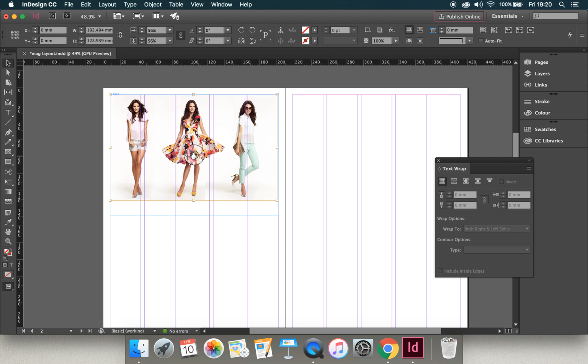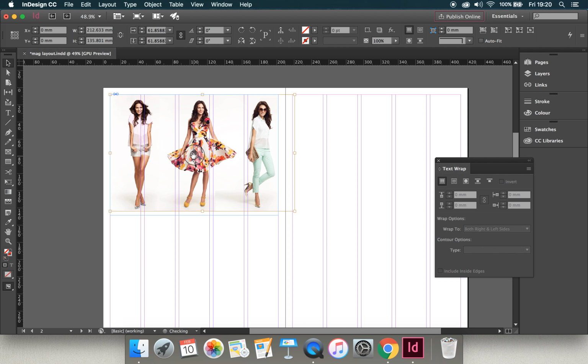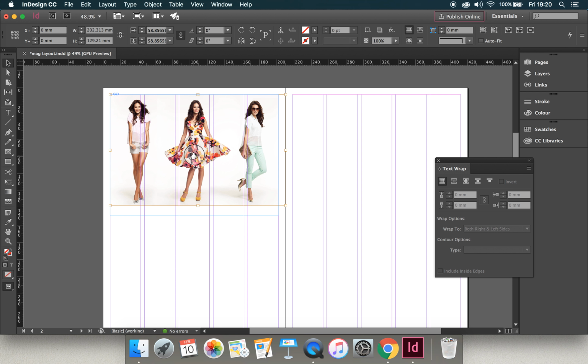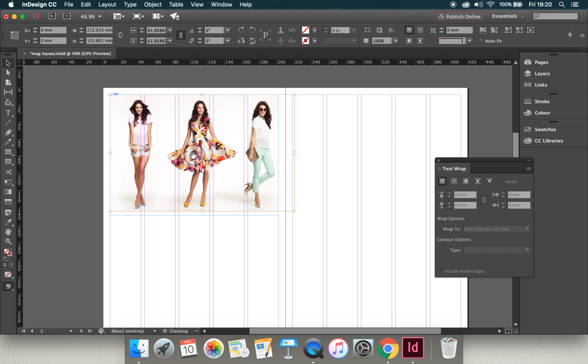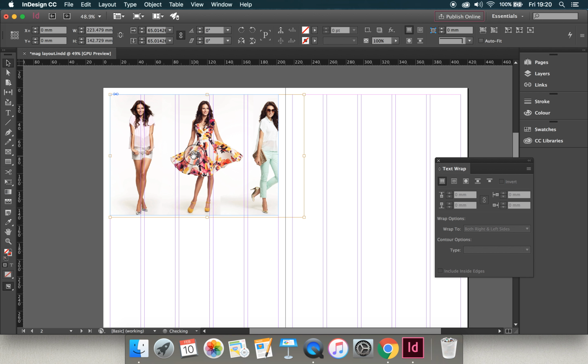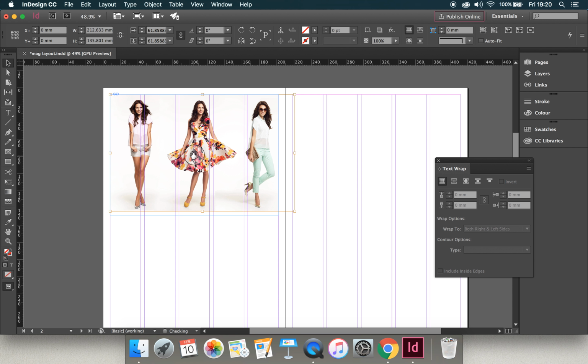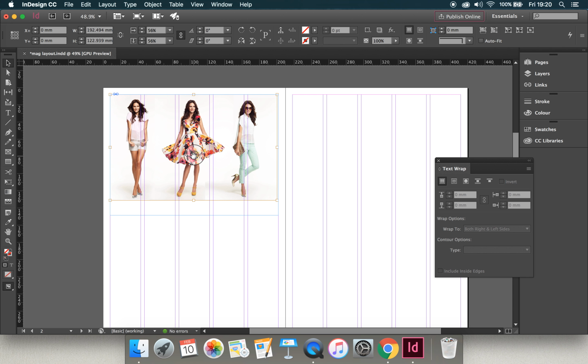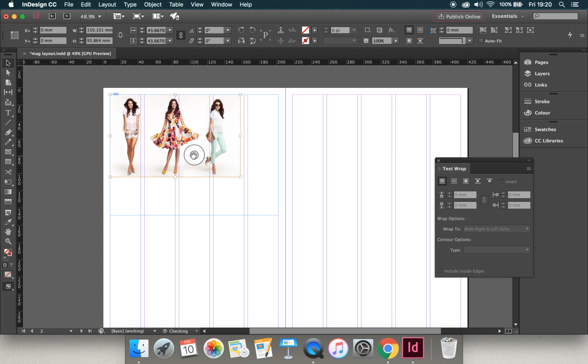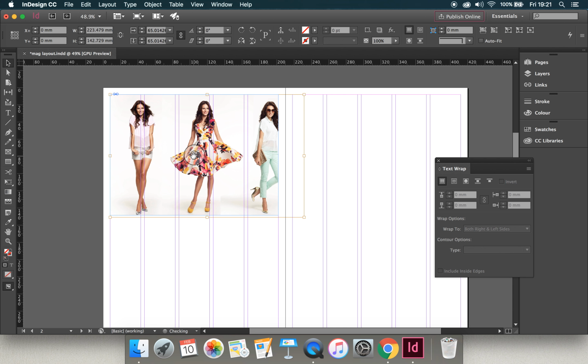So while I'm on that center one, I can hold down Command, or Control if you're on a PC, Control, Alt, and the greater than key, or less than to make it smaller. So if I hold down Control, Alt, and press the greater than key, it brings the picture size up. If I press Control, Alt, and the less than key, it brings the picture size down. So that's an easy way of making your pictures bigger or smaller within your box. So if I do that,